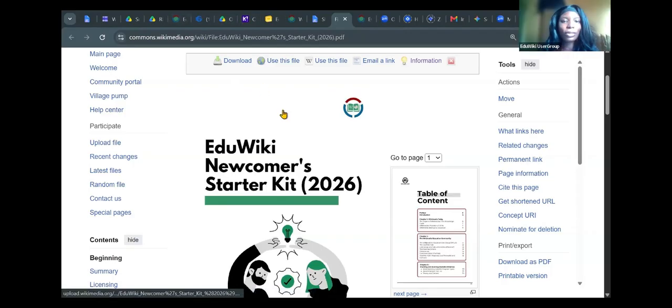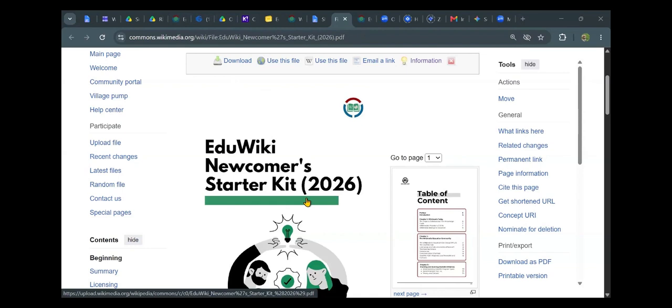If I get your question, are you asking specifically about the EduWiki Newcomer starter kit or the reading Wikipedia in the classroom? The reading Wikipedia in the classroom. Okay, so in this starter kit, we have different kinds of programs that you can have access to, although we had to summarize it. So you might not find a lot about reading Wikipedia in the classroom in this starter kit because we don't want to limit you to just the reading Wikipedia in the classroom project.